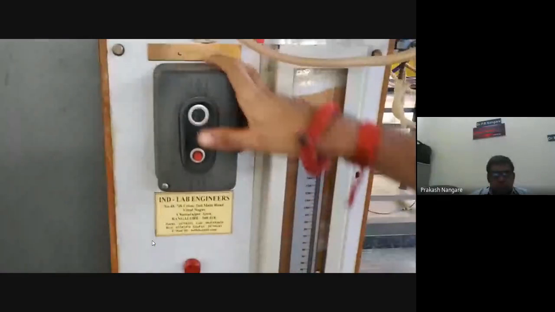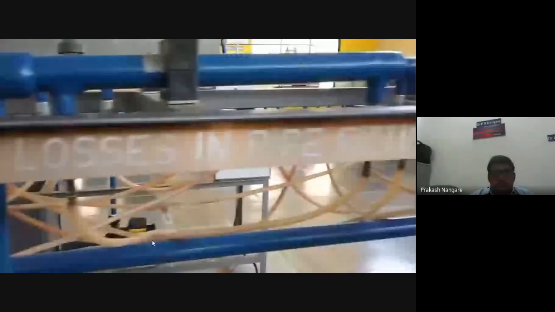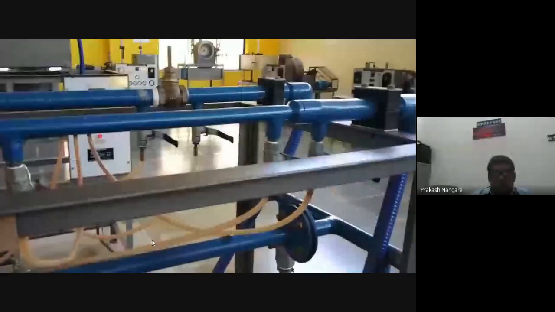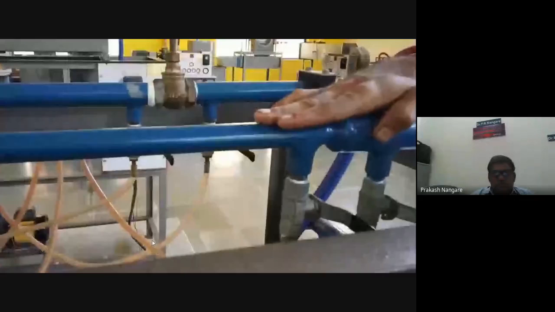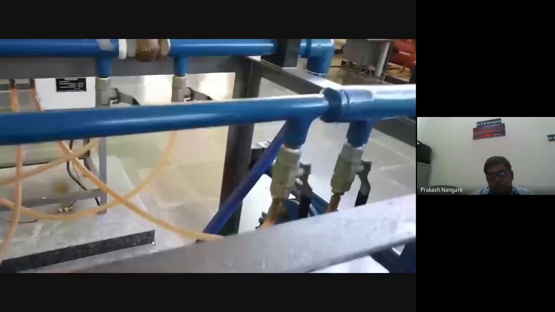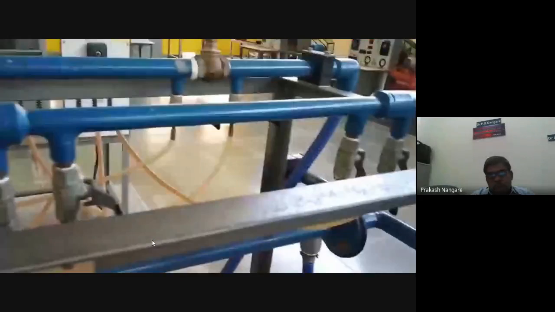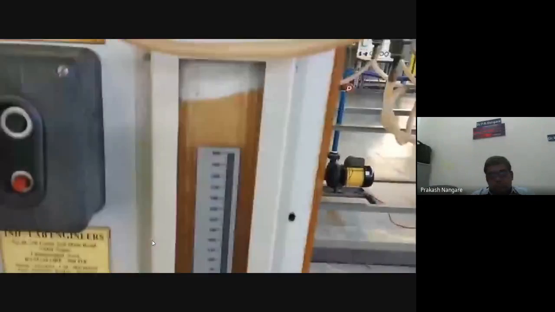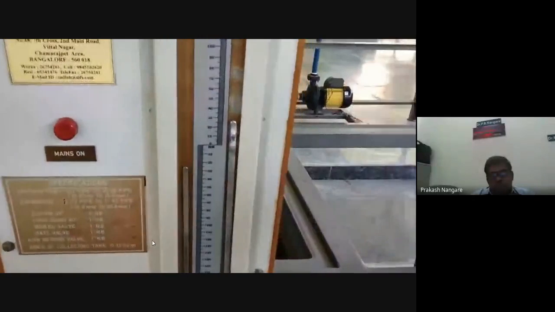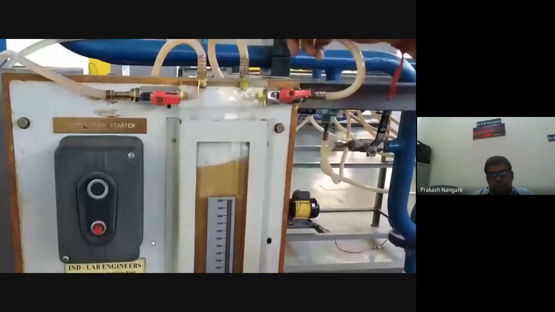First you have to start the machine by pressing here. The water will start to flow from the pump, and from the pump it will flow through this pipe. Now we are doing the sudden contraction. Therefore, these two valves should be open. You will get the difference at this point and this point. In the manometer, we will get the difference. So we have to open the manometer valve